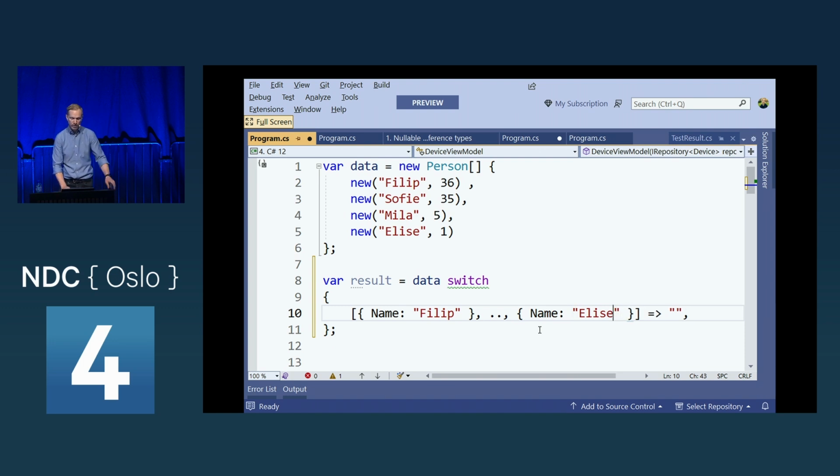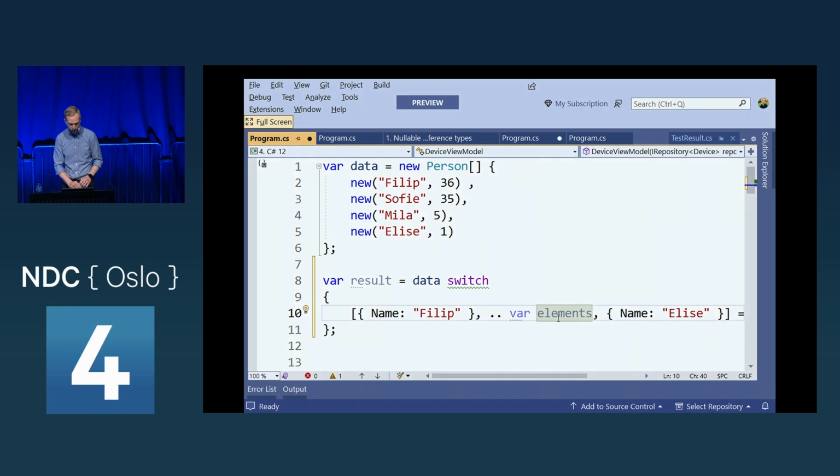So again, you can write quite complex things here. I could also say, while there's something in the middle, it has to start with a Filip, it has to end with Elise, but I can also capture all the elements in the middle. Right? So you can use this to slice off portions of the array.